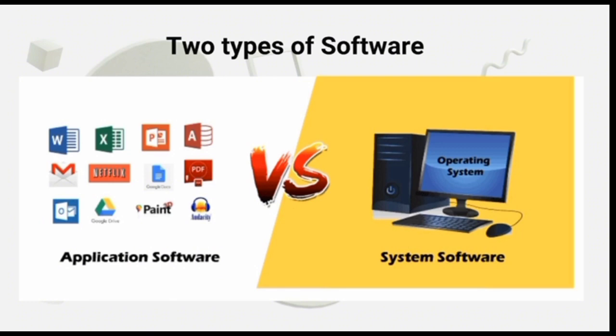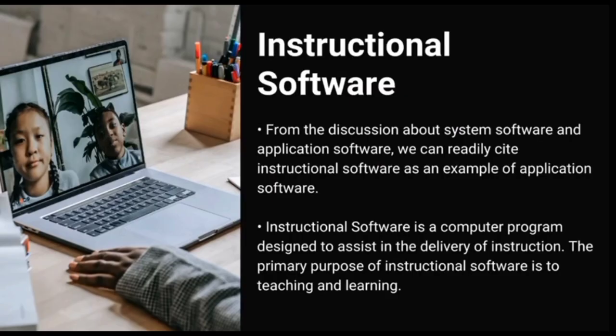And then system software is a type of software that interfaces between the users and the device hardware. It allows users like us to communicate with the device and perform the desired functions. Instructional software. From the discussion about system software and application software, we can readily cite instructional software as an